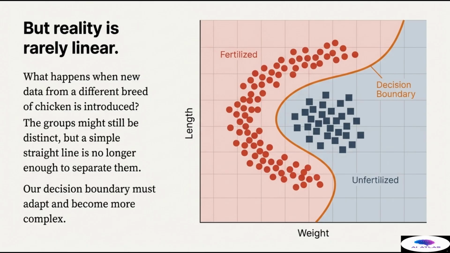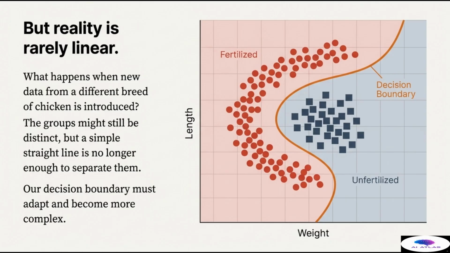but they are no longer separable by a simple straight line. If we attempted to use a linear boundary here, we would end up misclassifying a significant number of samples from both groups. This demonstrates the limitation of a simple model. To accurately classify this new, complex data, our decision boundary must adapt and become more complex. It needs to become curved or nonlinear. Machine learning algorithms are designed to find this optimal, complex boundary that minimizes misclassifications, ensuring the model generalizes well to